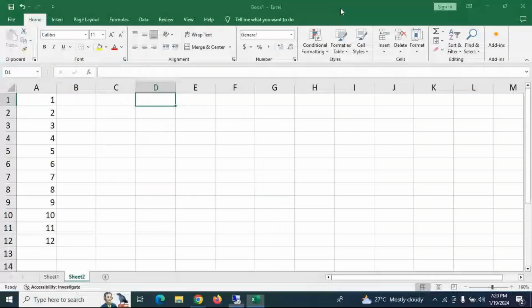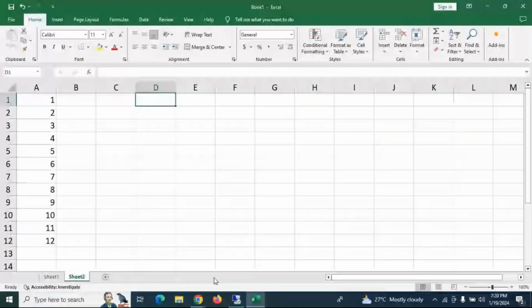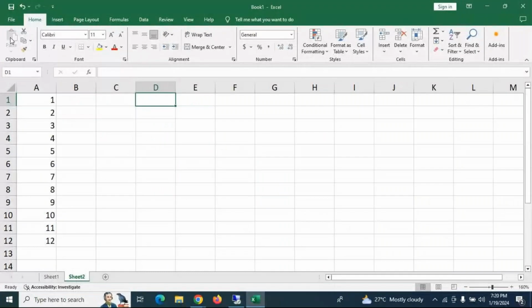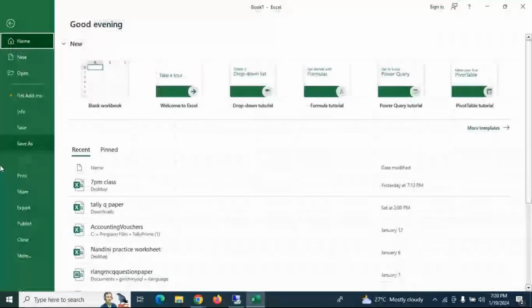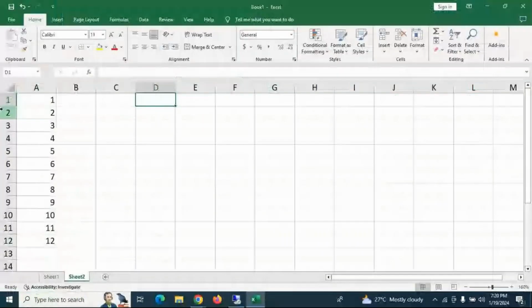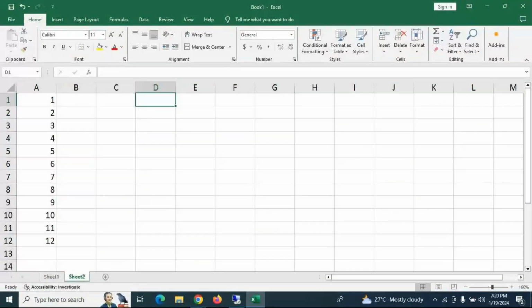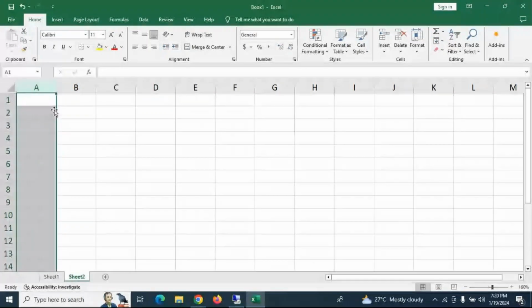Okay. So now let us go for the home tab. I hope everybody has understood the file menu options, because those things are very important. In today's class let us start with the home tab. In this home tab you have the clipboard group. So in this you are